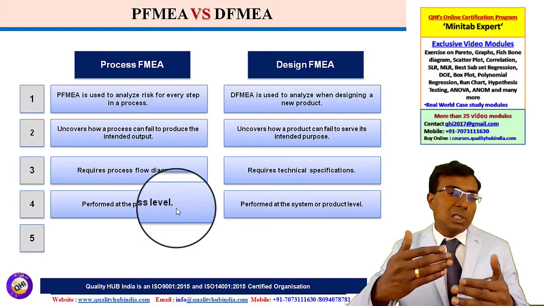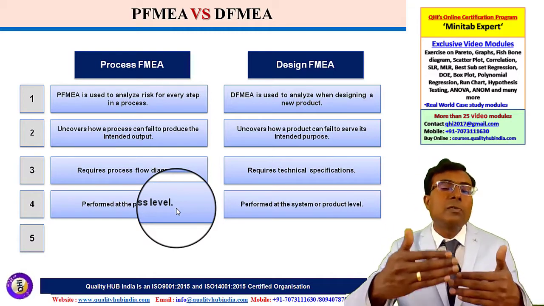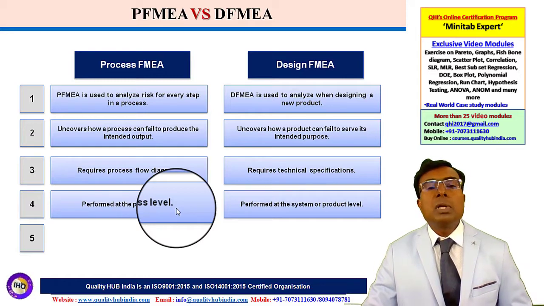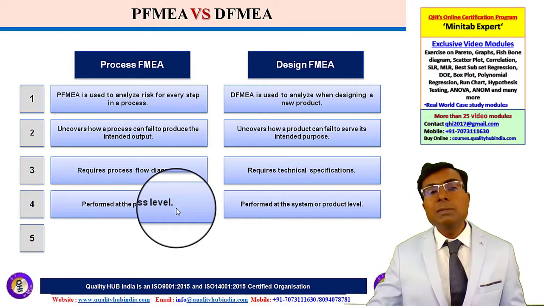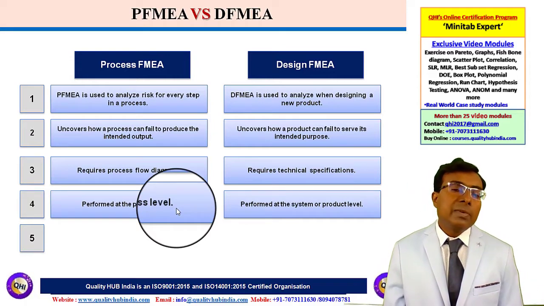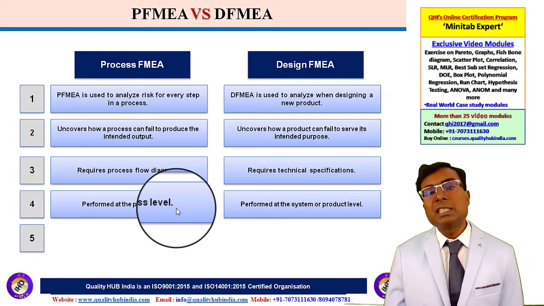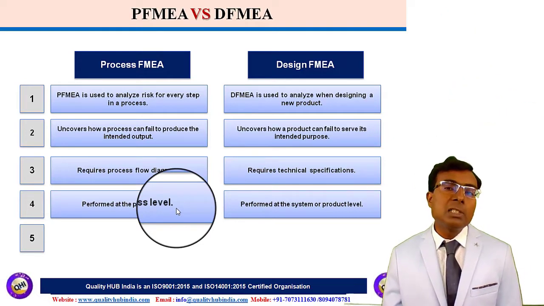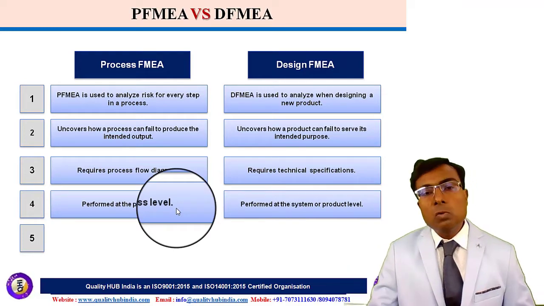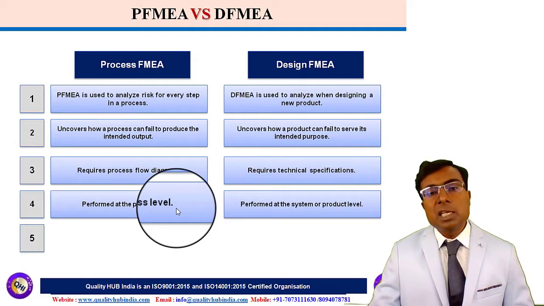So whatever processes we are carrying out, we need to explore the performance at every stage of manufacturing or service delivery, and we need to identify the potential failure modes, and subsequently we need to identify various relevant aspects like severity, occurrence and detection, and finally we need to identify the action priority, which would help the organization to reduce potential failure modes, reduce its cost of poor quality, reduce its internal rejection and rejection at customer end.